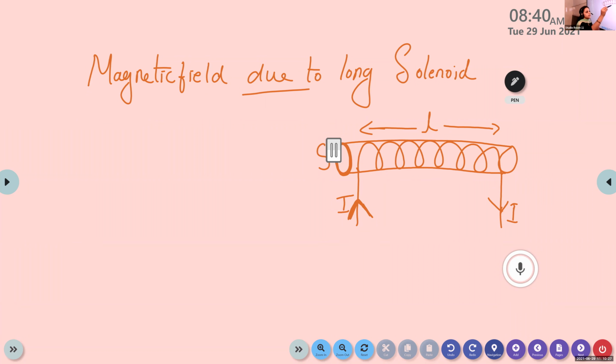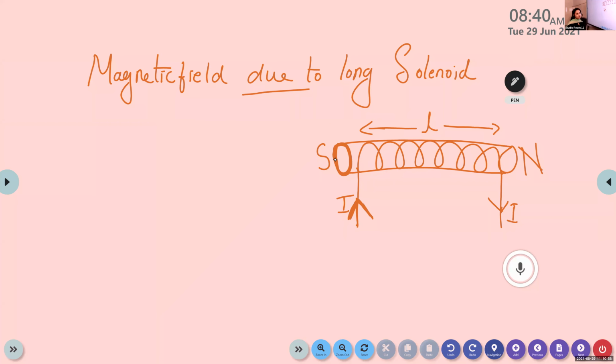Then what about the other end? If it is south pole, what about the other end of the solenoid? North pole. It should be north pole. So here in this end, the current is entering in a clockwise direction, so we can take this end of the solenoid as south polarity. If it is south polarity, then the opposite end must be north. Is it clear? Yes, ma'am. Okay.